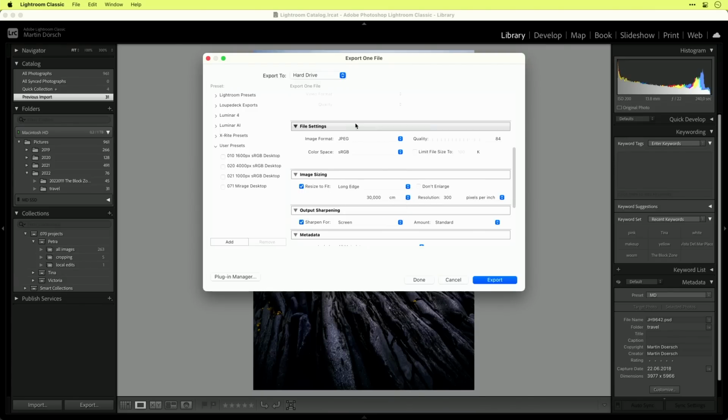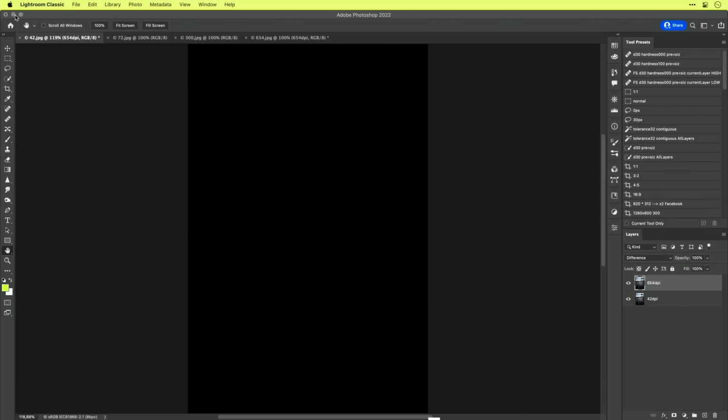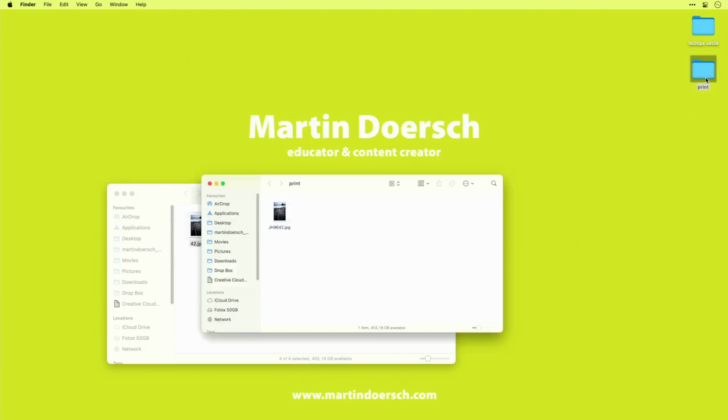So Lightroom will now export a JPEG. This JPEG will now have a resolution of 300 written in the header of the JPEG file, and the pixel count will be calculated from this. So 30 centimeters was my input, and Lightroom recalculates this. So the pixels you have in the final image are 3543 pixels. So let's see, I will leave it with the centimeter count. I export this file, I close this, go here to the print.